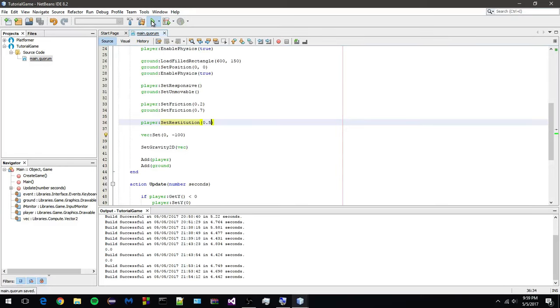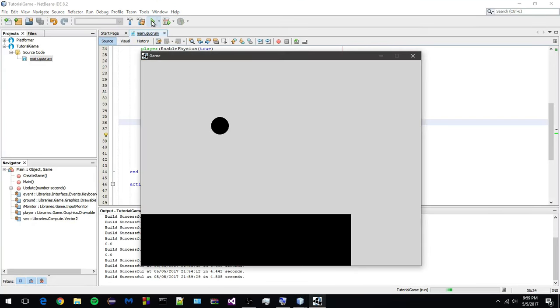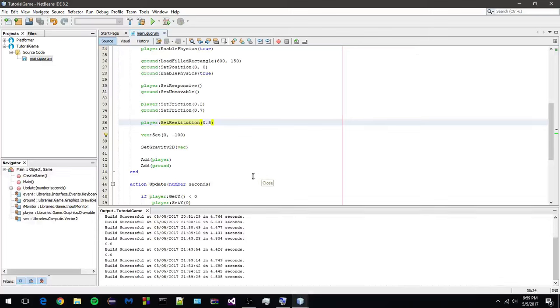Save it, build it, and run it. Now, this should make our player relatively bouncy. So there you go. As you can see, the player was actually bouncing, which is pretty cool. I'm going to go ahead and set the gravity to a higher value, simply because I just don't like